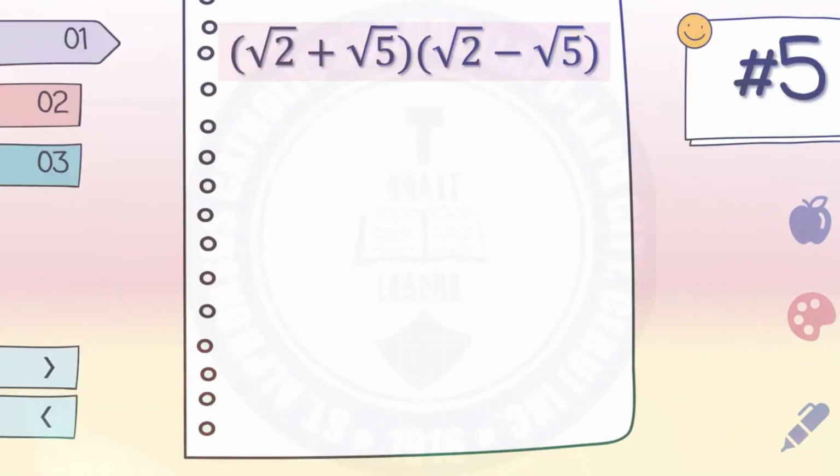Number 5. Quantity square root of 2 plus square root of 5 times quantity square root of 2 minus square root of 5. The expressions quantity A plus B and quantity A minus B are called conjugates. When multiplying conjugates, the sum of the products of the inner and outer terms results in 0. In this case, the property would be